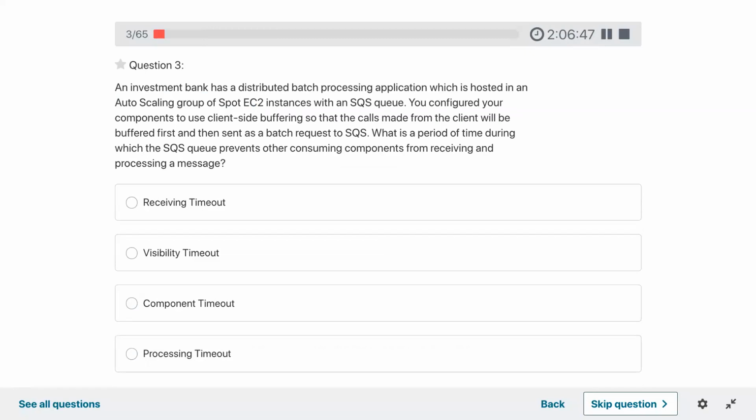What is the period of time during which the SQS queue prevents other consuming components from receiving and processing a message?